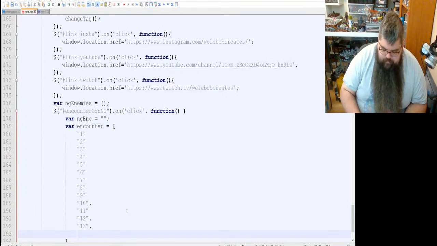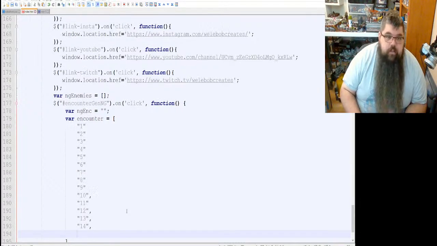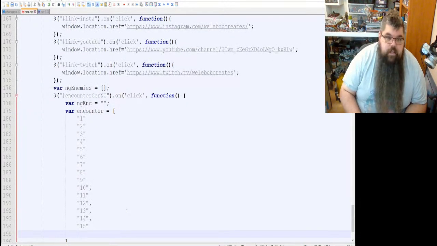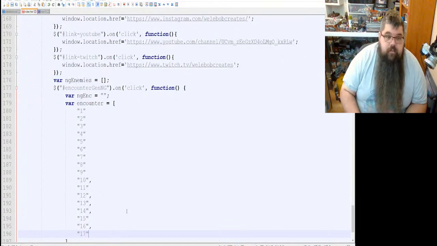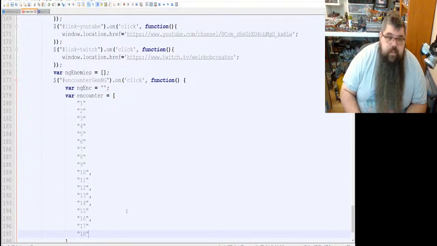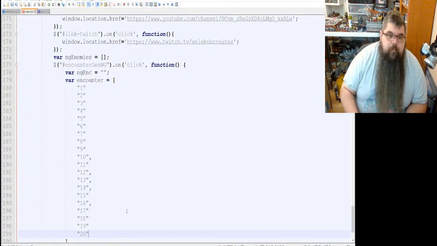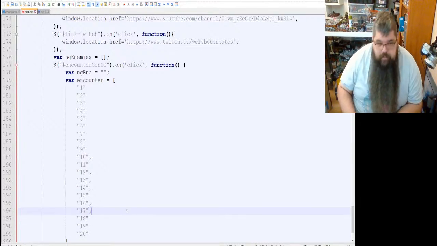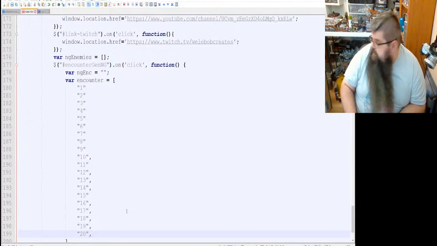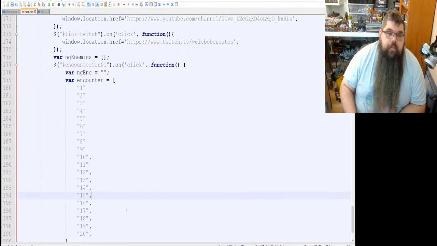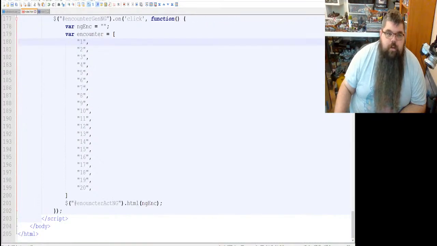So 13, 14, 15, 16, 17, 18, 19, 20. All right, so the encounter tables in the Quarantine 37 book, they're actually D10 tables, but they're written to be D20 tables because Stargrave works off a D20 system.